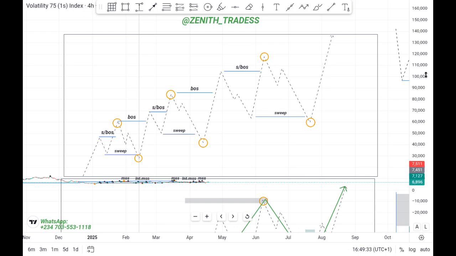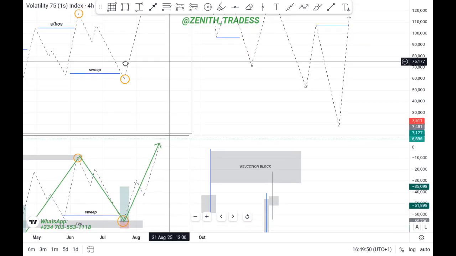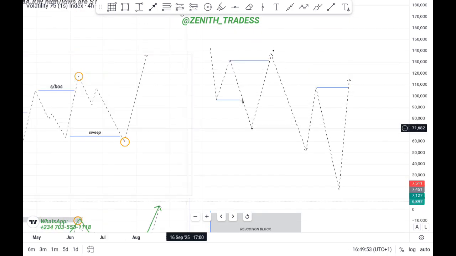Maybe on your daily now, you should be able to know what the price objective is. As price is moving from internal range liquidity to external range liquidity, if it is bearish, then you should know that, okay, let me give you a schematic diagram for that too. Let's say on your daily time frame,